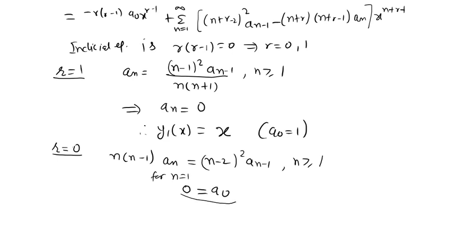So you get a0 equal to 0, which is a contradiction. This means that you cannot go further by taking this r, and we cannot find a solution for this r using power series. So alternatively we use reduction of order